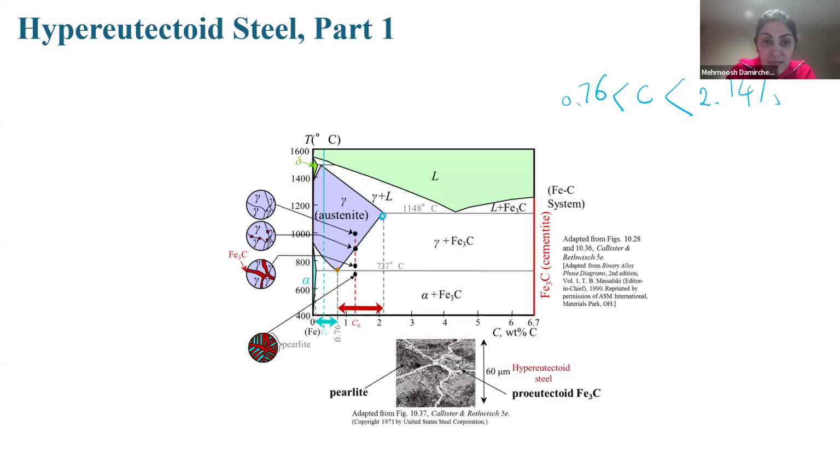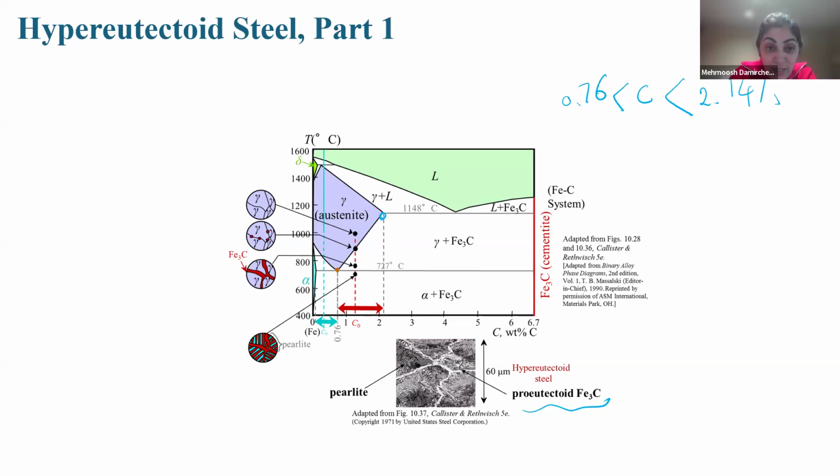For example, here it is the austenite, and we are cooling. Here we have austenite and you see some red nuclei. These red nuclei are cementite, but as soon as we reach this temperature, you see these grains of the cementite, but these grains are not perlite. What is the name of that? It is proeutectoid cementite, which means primary cementite. Before reaching the eutectoid, we have some grains whose name is cementite, but it is not layer by layer, not perlite.